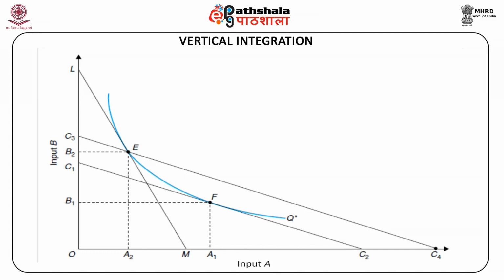The possible input combinations is shown by the isoquant for a given output Q star. The shape of the isoquant shows that the inputs can be substituted in response to the changes in relative prices